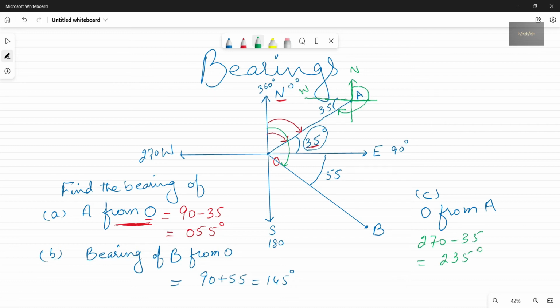So this is the reverse bearing. First we found bearing of A from O. It was 055, means somebody was standing at O and wants to go to A. His turn will be of 055 degree. And opposite case, if we are going from A to O, means it is a kind of return journey, then our turn will be from the north, our turn will be 235 degree. Okay, similarly, if another question, O from B,